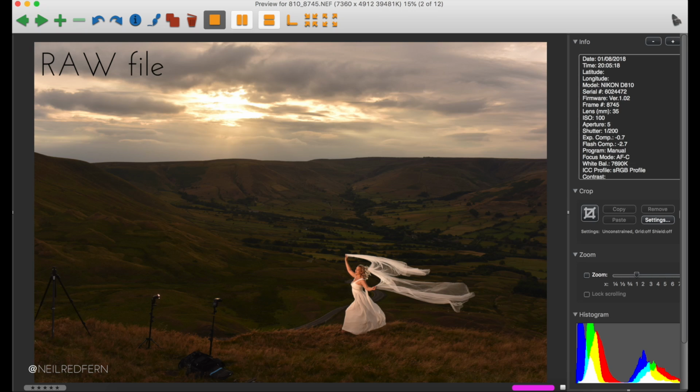A couple of things to note about the raw file. You'll see that there are actually two speed lights facing Beth on the left hand side, but only one of those is mine. The other is my friend Marc's, who was doing the shoot with me, so please just ignore that one. Also, although the speed light is in the shot, I knew that I could easily clone it out